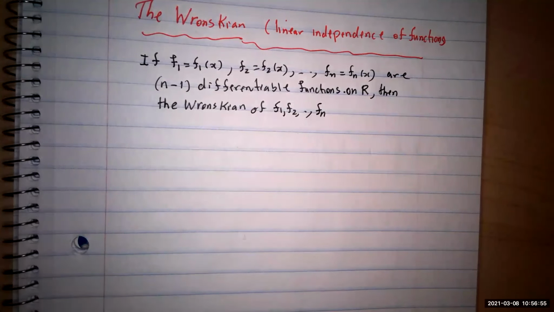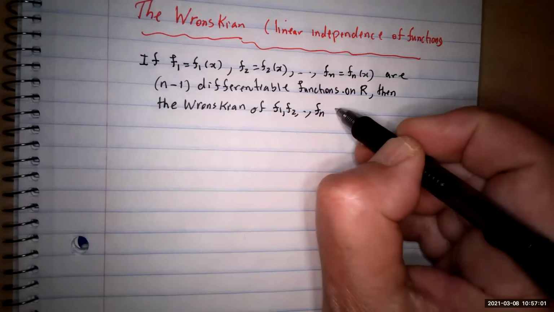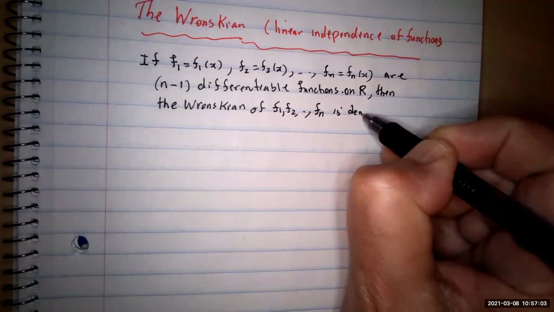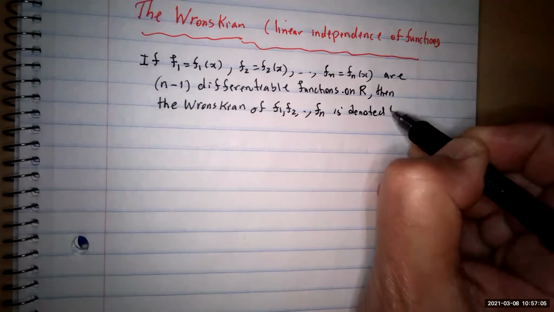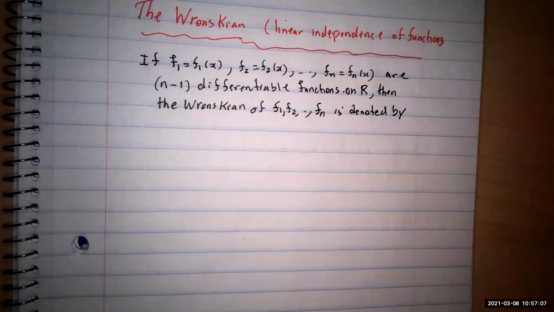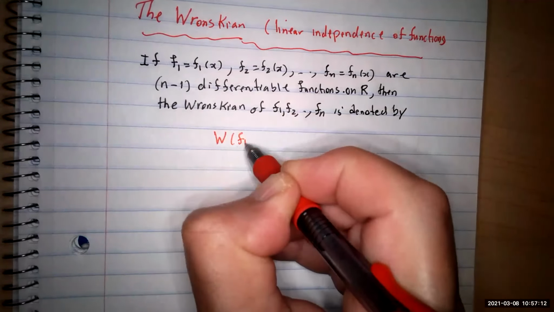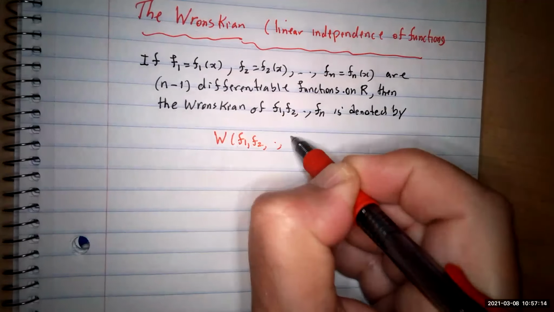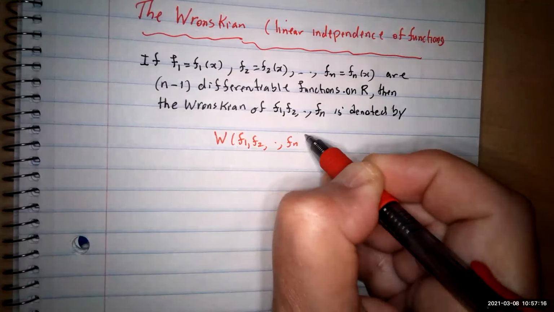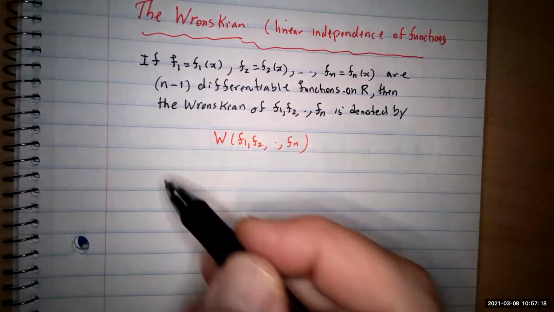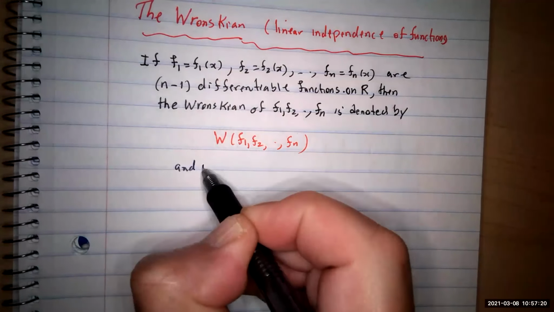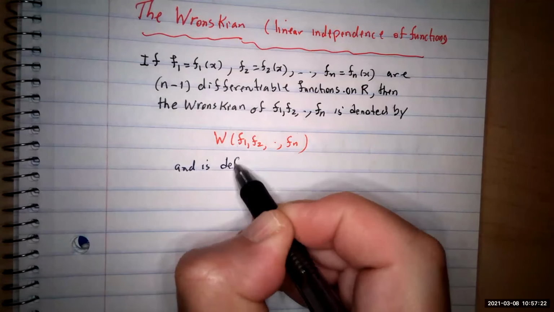So it's a vector space. Then the Wronskian of f1, f2, up to fn is denoted by W, for Wronskian, of f1, f2, up to fn, and is defined by